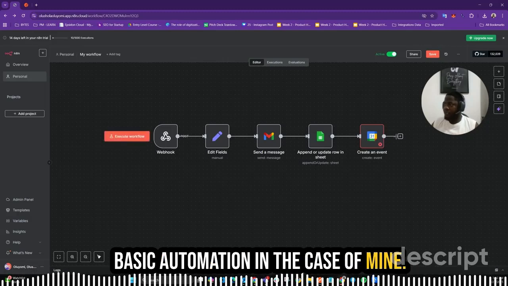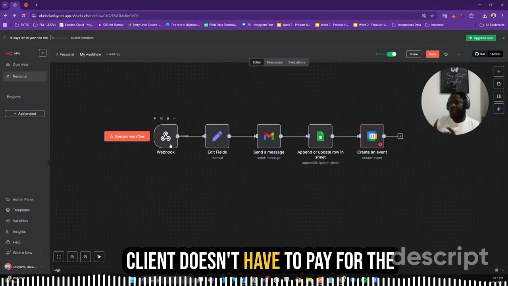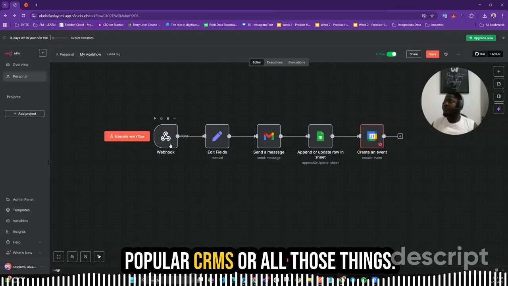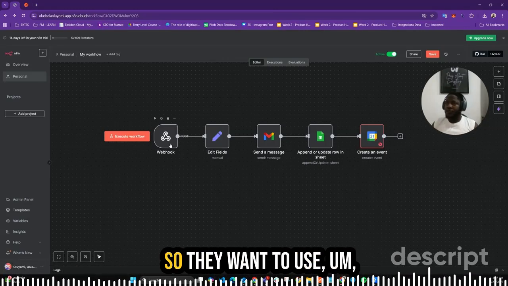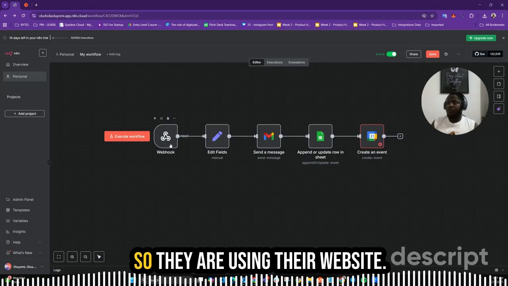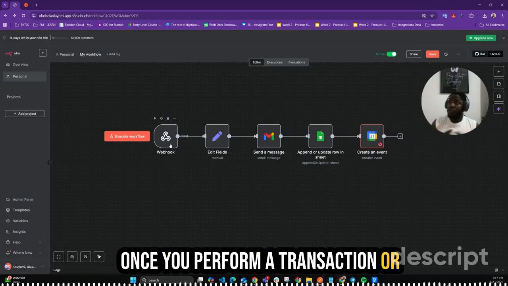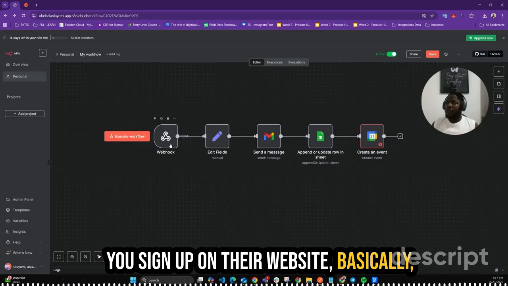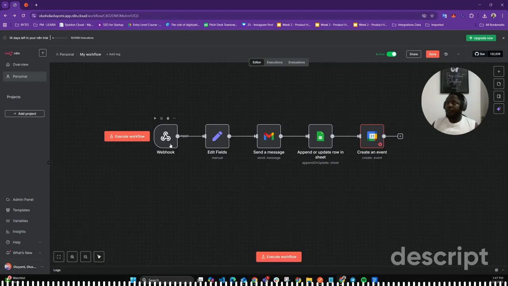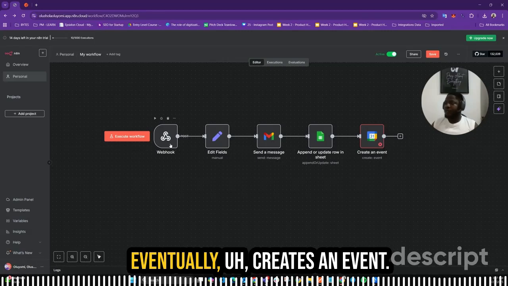In my case, the client doesn't want to pay for the popular CRMs or all those things, so they want to use n8n to automate their bulk of transactions. They are using their website. Once you perform a transaction or sign up on their website, it goes through the automation process, and eventually